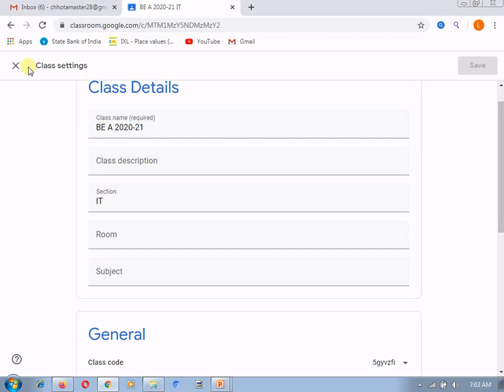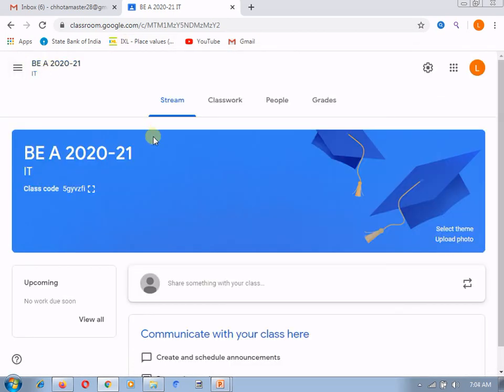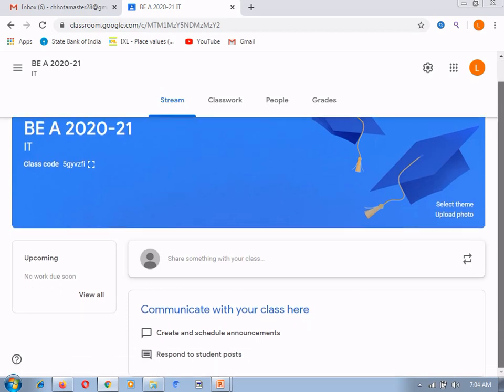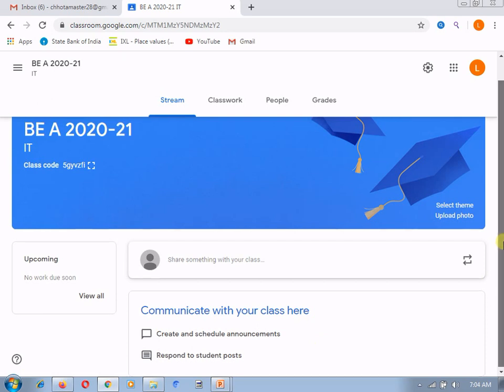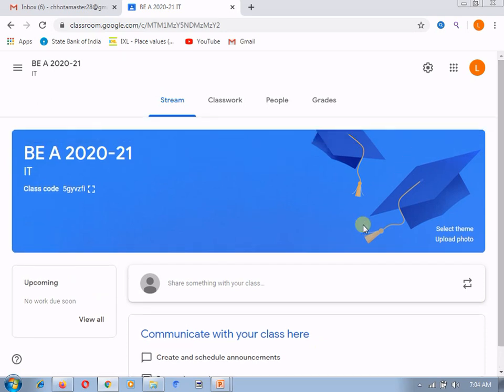Now we will go back and see the things that we need to perform as a student. Here this is the class which is used for communication with your students. You create and schedule announcements, and the students can also respond to your announcements.